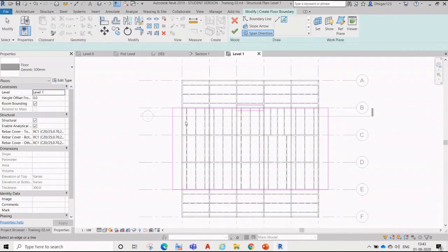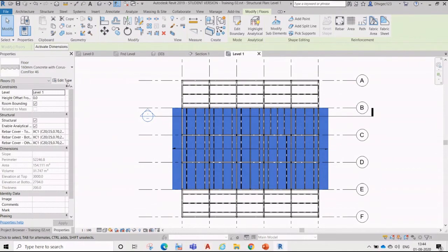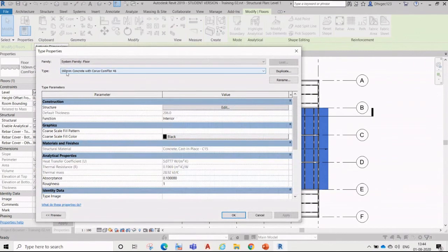Okay. So now the span direction is this one. Right now it's 300 tag, but what we need is this composite tag because this is our steel frame structure.